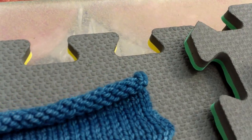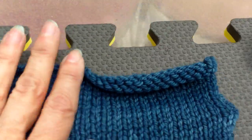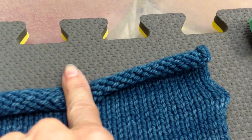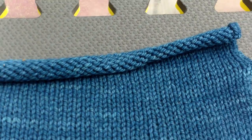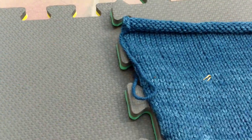Now what I'm going to do is I'm only going to seam partially because I want the center of the neck to roll. So I'm going to seam a little bit on either side. I'm going to count the number of stitch columns to make sure that they're the same. And I will seam those together. Now when I have,